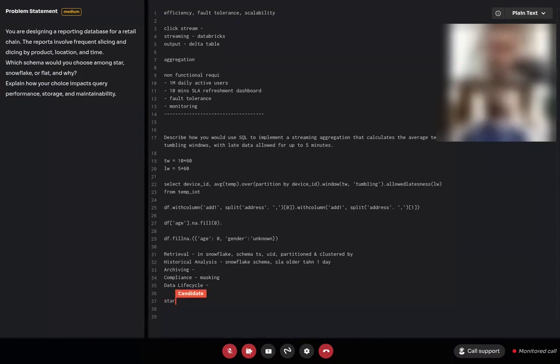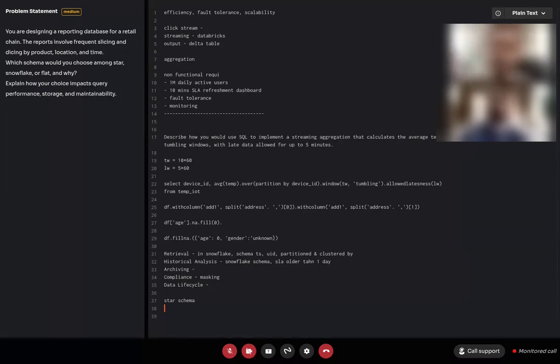I will go with star. Okay. The primary reason for that is, you said the reports involve constant, frequent changes related to product, location and time. Now the advantage star has over flat is that we have a fact table and dimension tables around it.